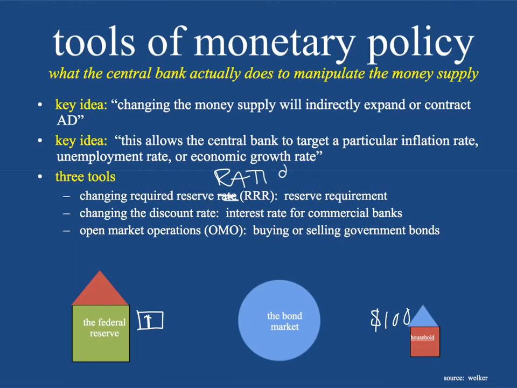Why? Because I can buy a U.S. bond. I have to pay $100 for it. I go to the bond market, which is, of course, this location right here in the middle. I go to the bond market, and I say, hey, does anybody have any U.S. bonds? I want to buy a $100 Treasury bond from the Federal Reserve Bank. And the Federal Reserve Bank sends someone there. This isn't how it really happens. But the Federal Reserve Bank sends someone there, and I go there, and all of a sudden, hey, we have